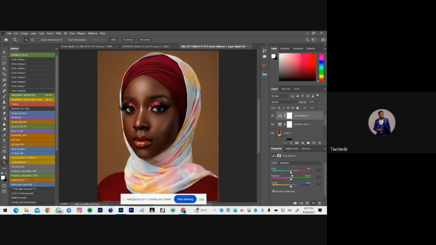Now to the highlights. I'm trying to see what my highlights should look like. I don't want it to be too warm, so let's go to the cyan side. Let's see what magenta will give us. Okay, I think I love this view, and let's see the highlight. Should I leave it on yellow or make it bluish? Now this is very confusing. I don't know which side to leave it, the blue side or the yellow side. Well, yellow it is, and